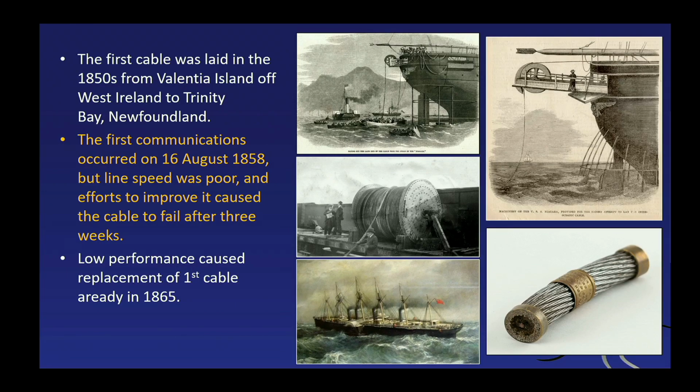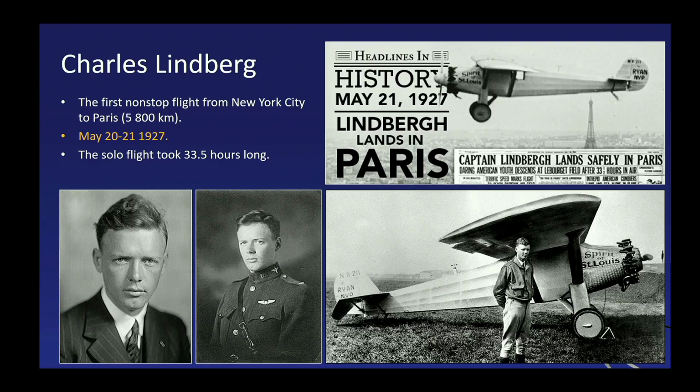And initially, the cables broke quite frequently, and strangely enough, they often broke over the mid-Atlantic ridge, because nobody had any idea that there was volcanoes down there. Well, they learned, and eventually better routes were found, and in 1865, a really good, strong cable was laid, allowing speedy communication between the old and the new world. Then, of course, eventually, we developed other means of transport, air travel,